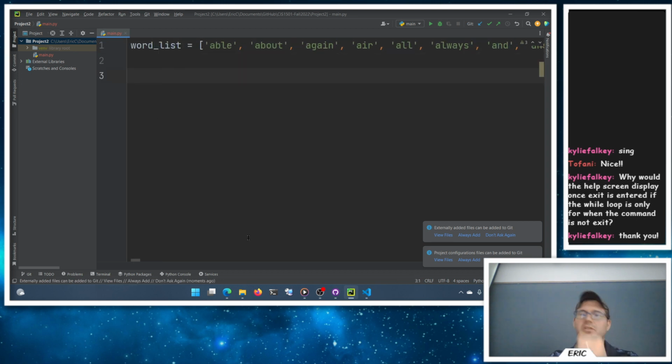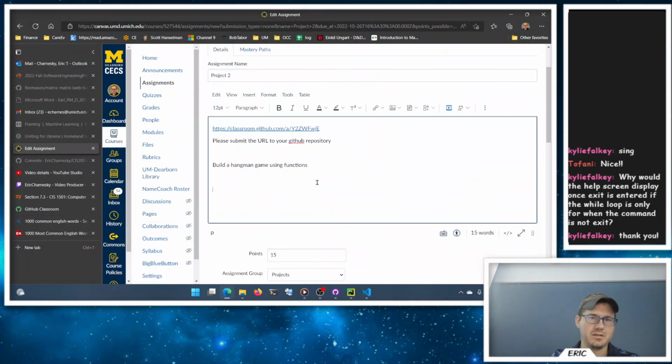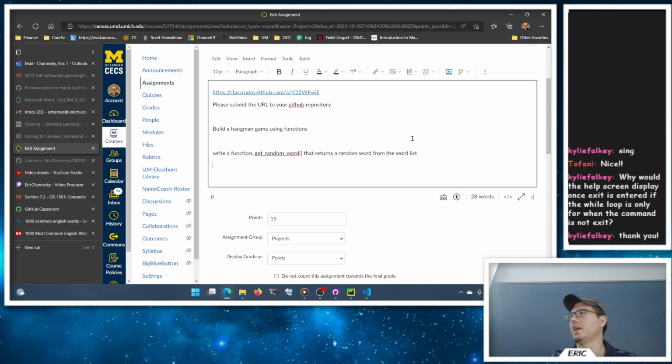Okay. So we're going to start with a word list here, and we are going to write a function, get random word, that returns a random word from the word list. Okay. So we got a random word. We got it out. Then we're going to write a function for display